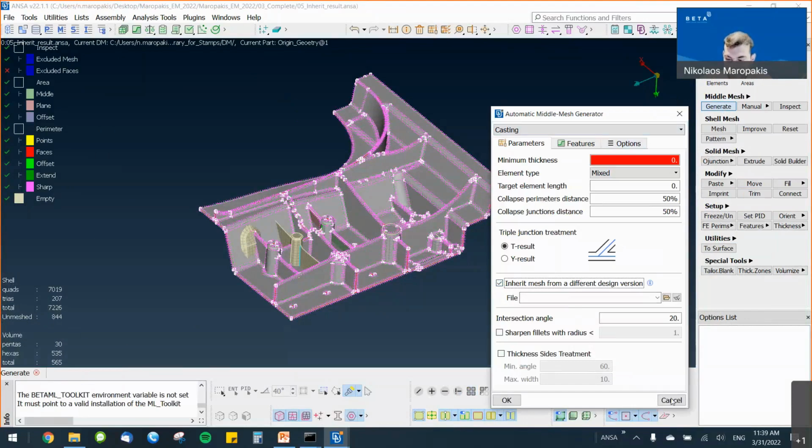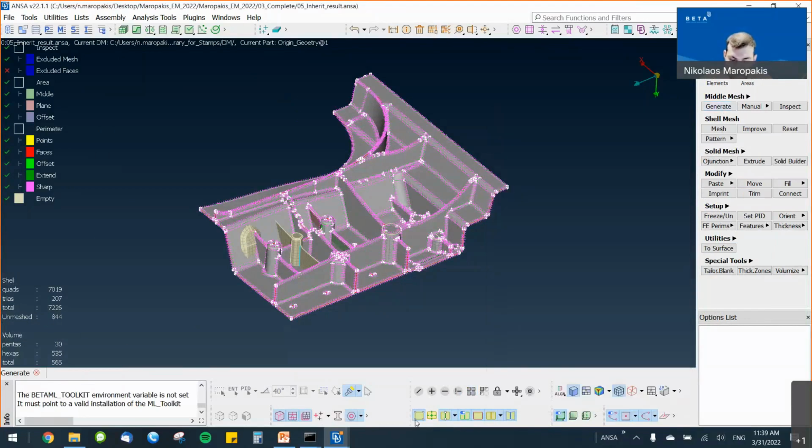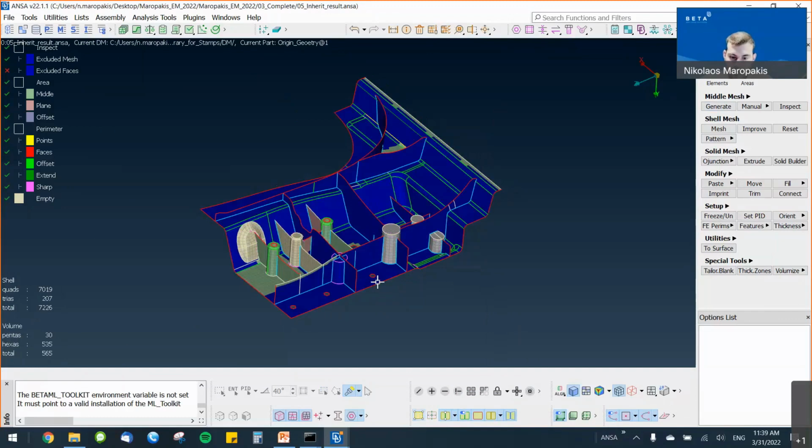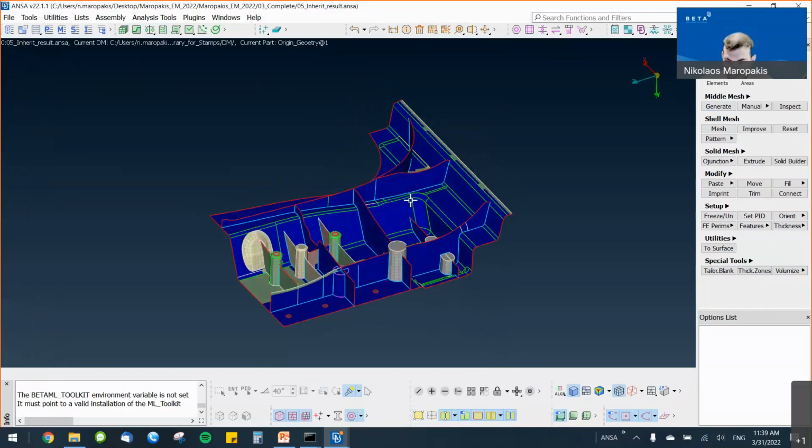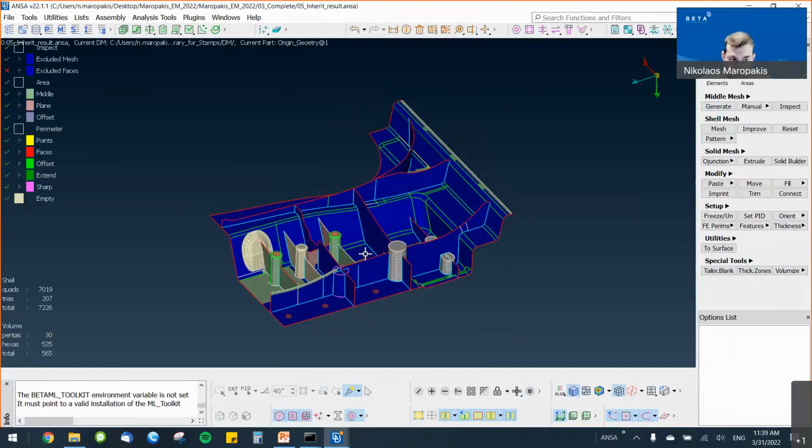After this, the algorithm runs, I have already run it and I have here the result. The result will look like this. Don't get scared with the coloring here. The blue color is actually good news, is all the areas that were recognized as similar between the two versions of the model, and they got inherited from the input file that we put in the generate options list. So they are colored blue to inform the user that I don't have to do any improvement work on these areas. They are inherited exactly as I fixed them in the previous version.